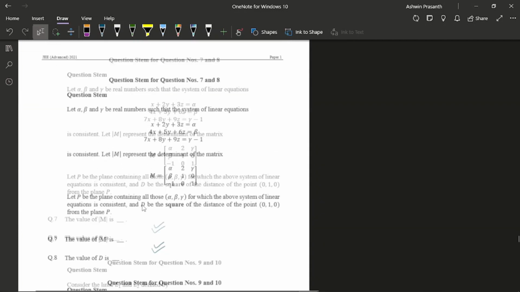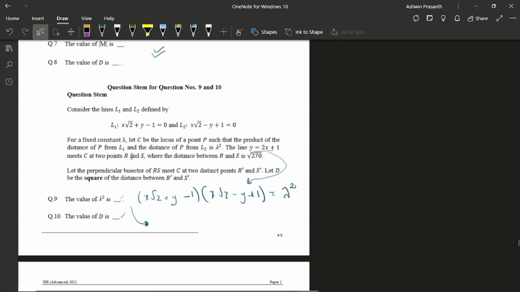Anyways, I moved on. This was fine. Here, like I said, I left the calculation to review again. And this was actually the last question I did in paper 1. Actually, I did make a mistake in lambda square and I corrected it. And I was making the correction in D also, and while I was calculating, the timer ran out, so I couldn't input this. So that was disappointing.